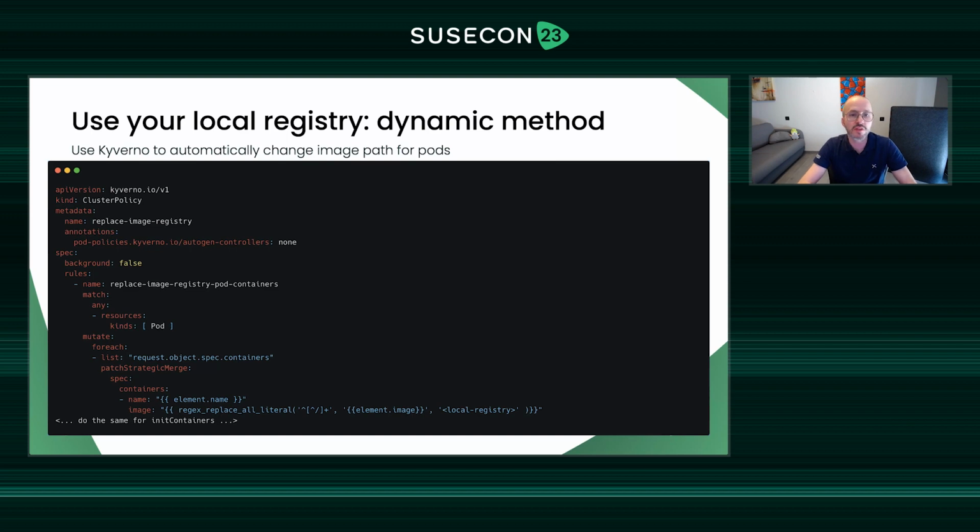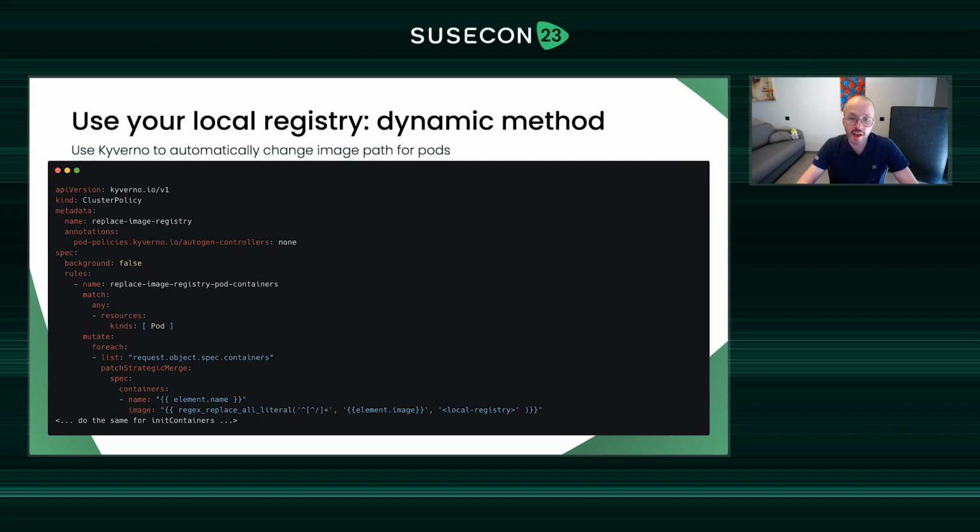In this case, you can look at this example. We will see this is a new policy. We are always matching every pod. The mutate in this case is different. For every container, we will apply another patch, and this patch will use a regex in this case, and the goal is to modify the image path on the fly.